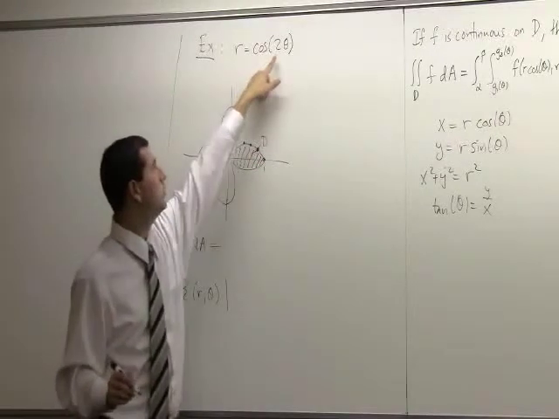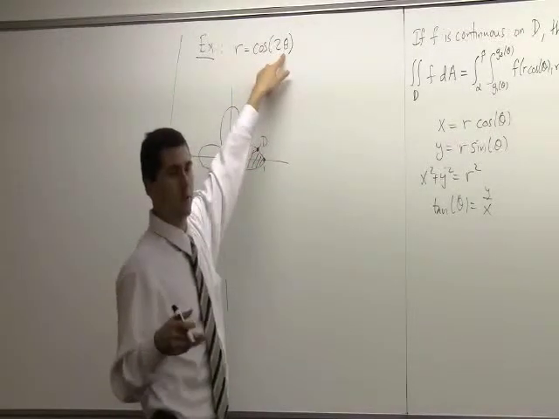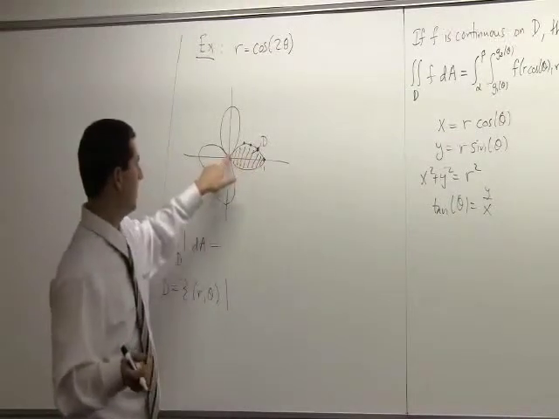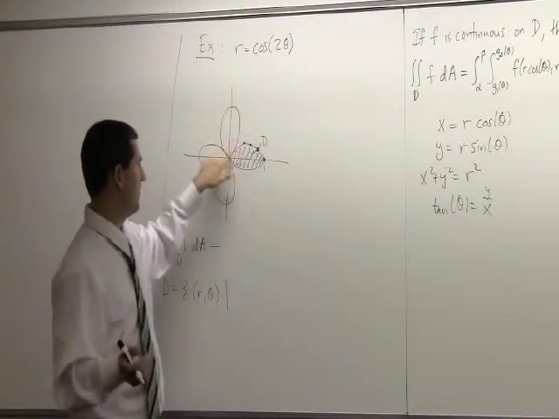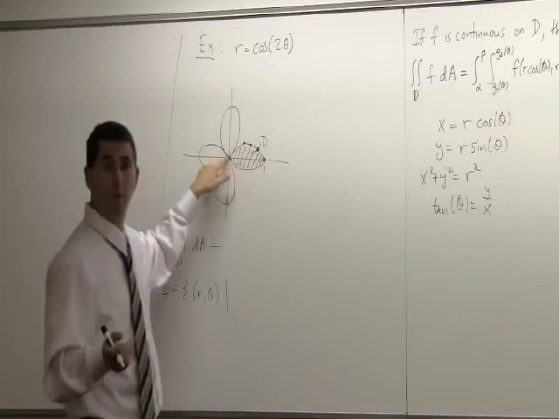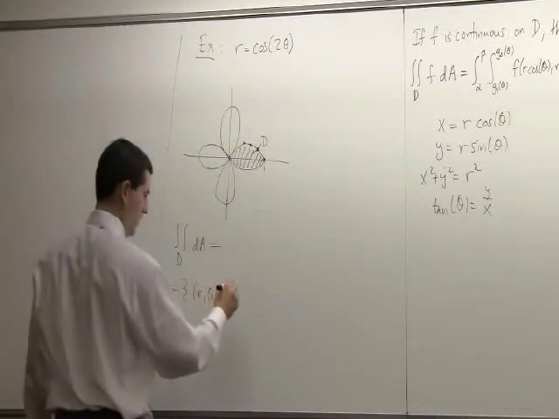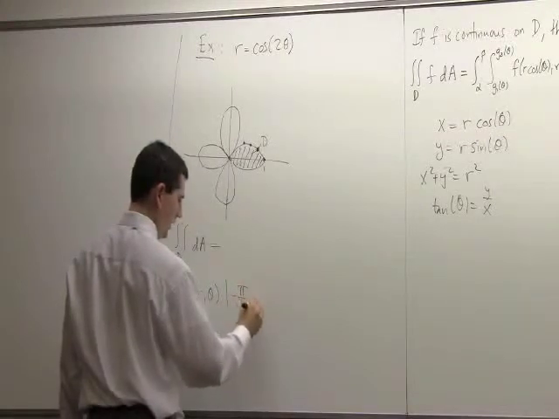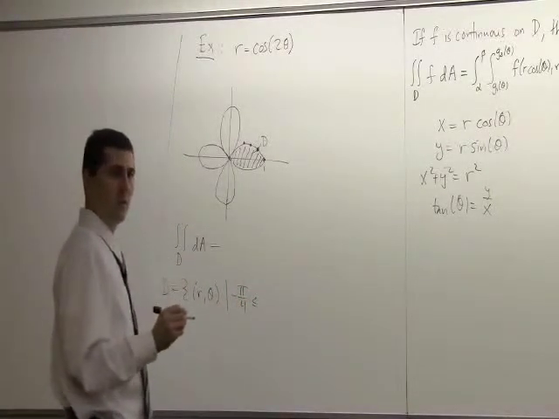When you multiply by 2, with minus pi over 4, you get minus pi over 2. Of course, minus pi over 2 is also 0. So it turns out that to get the whole thing, you have to go from minus pi over 4 to pi over 4. Just do 2 times the integral from 0 to